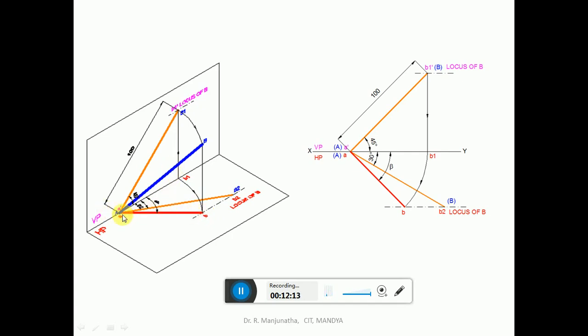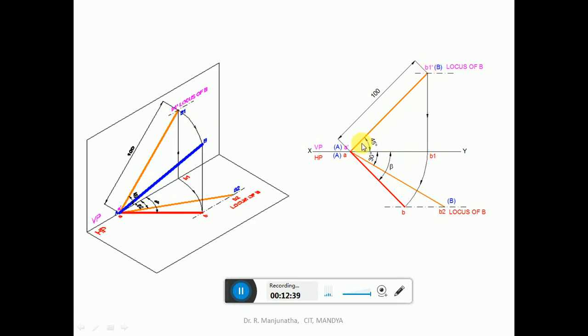So that is the meaning. What is the meaning? The meaning is, with capital A as center, by rotating the AB1, that is B1, such that this B1 will come to the locus of B in space. So you are going to get this point here. So when it is projected, it will cut the locus here. So this is how we will be getting the top view. So that is what we have shown in the orthographic view also.